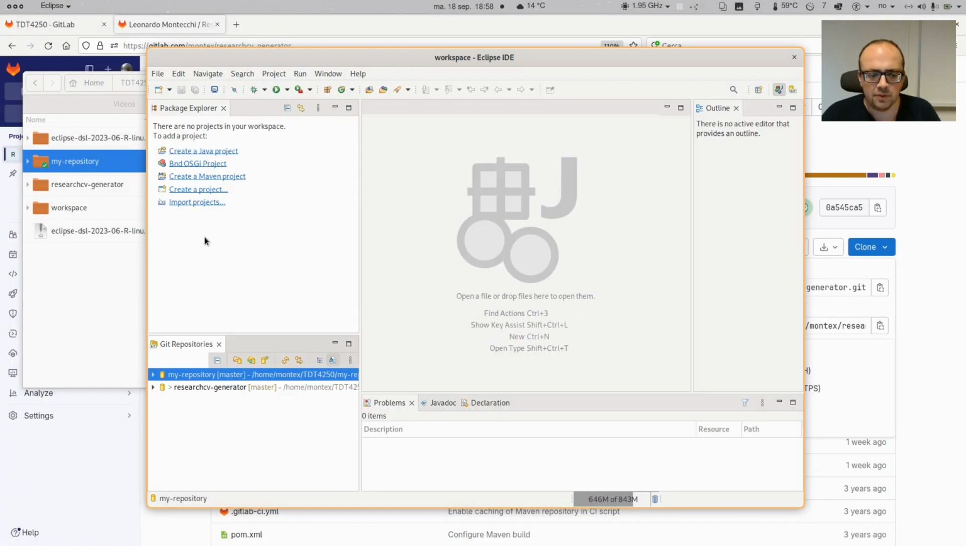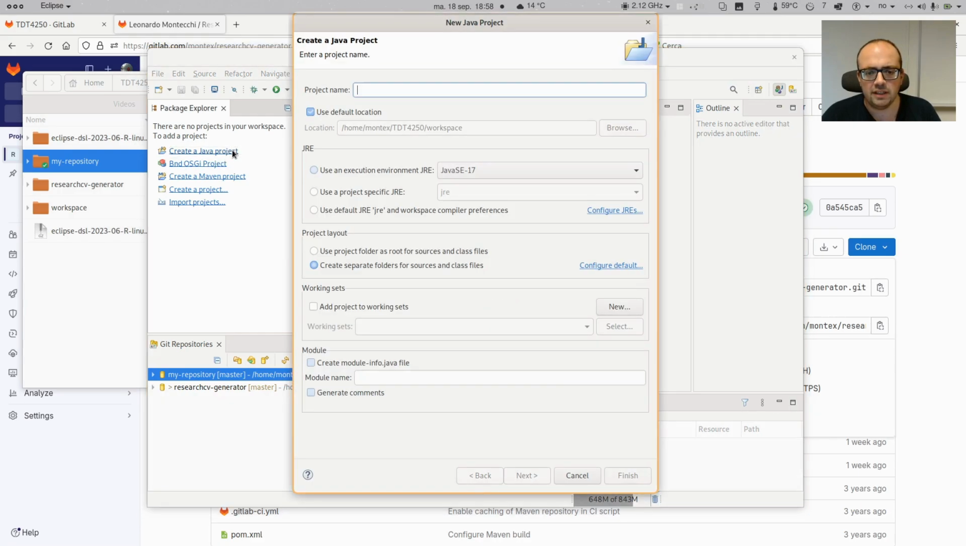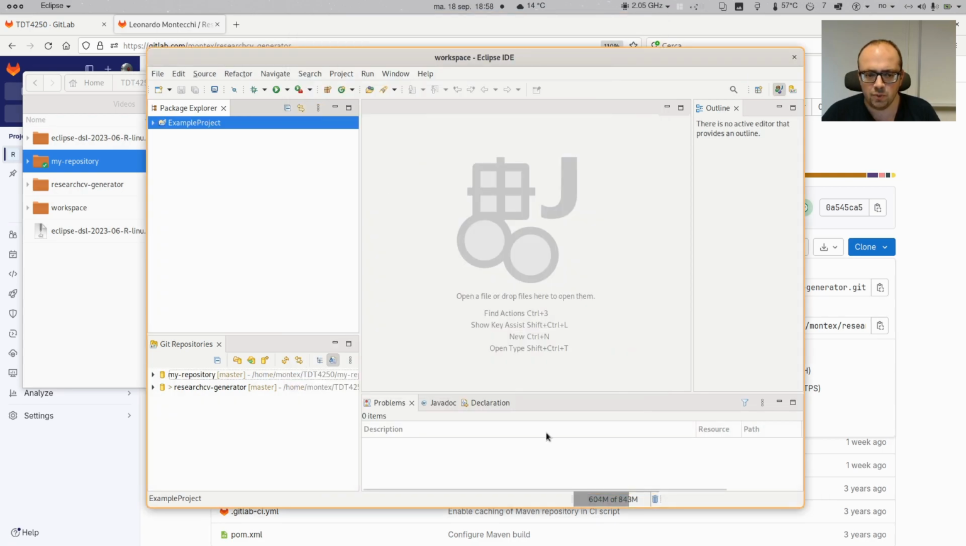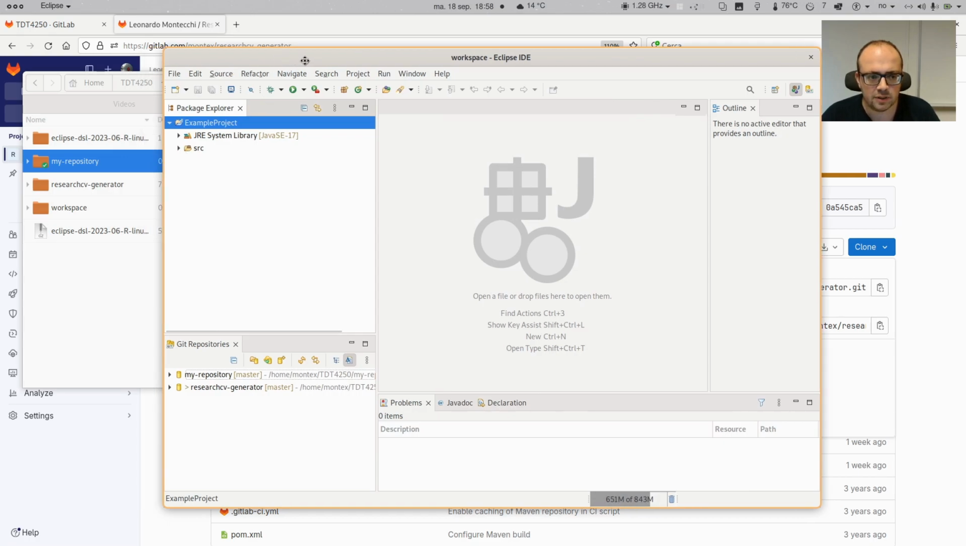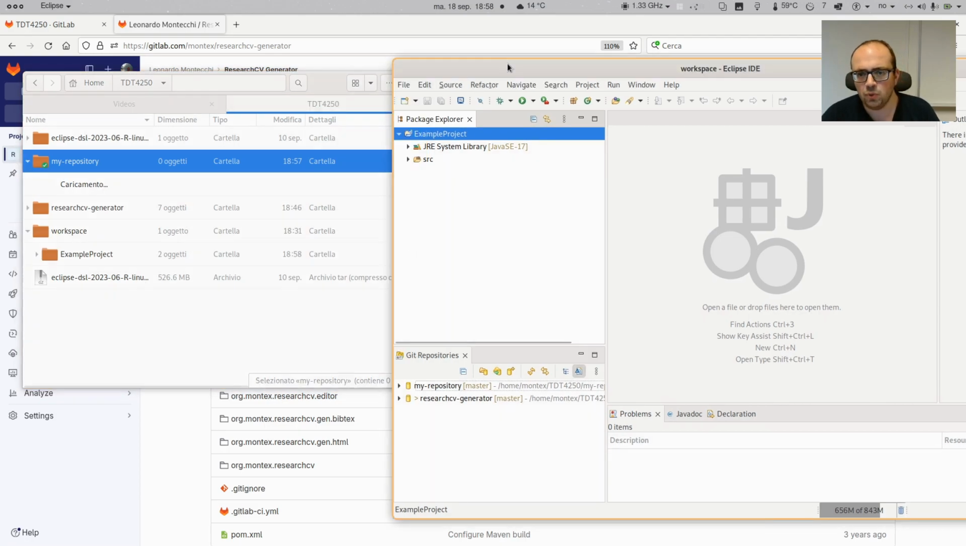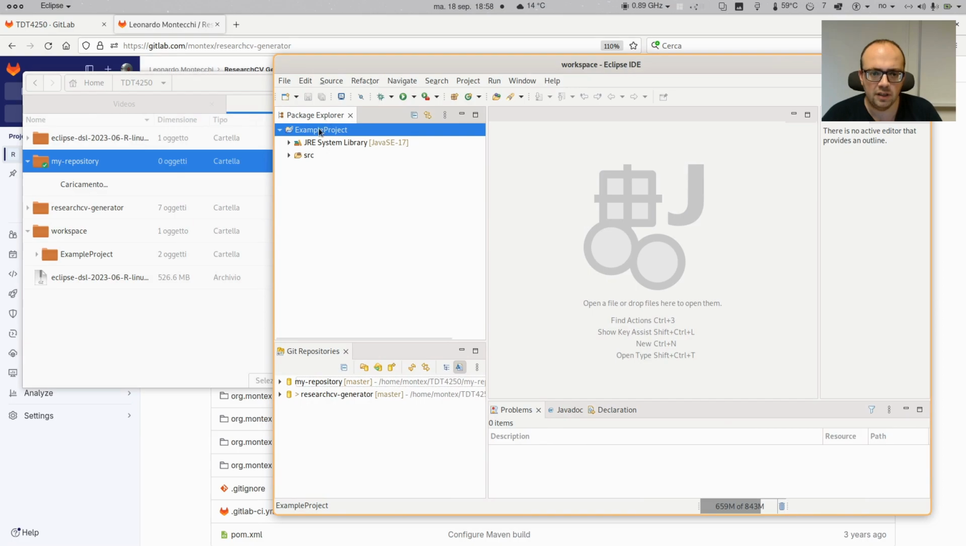Let's add something to it. So let's create, for example, an example Java project. Call it example project. Here we need to be careful to create the project in the right place, because if I create it now, it will create it in the workspace but not in the repository. I'm using default locations, so it will create the project in the workspace, in this folder but not in the repository, and we don't want that. So now I will remove that,